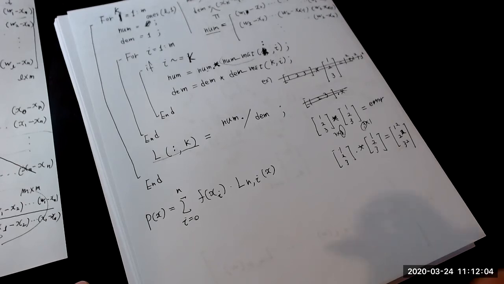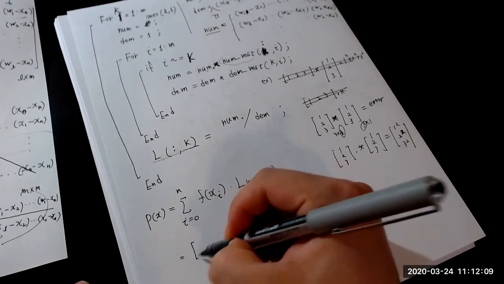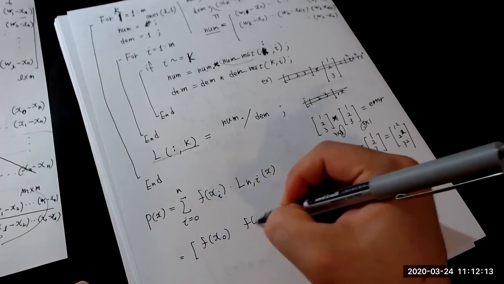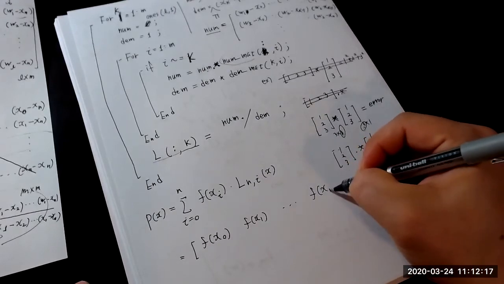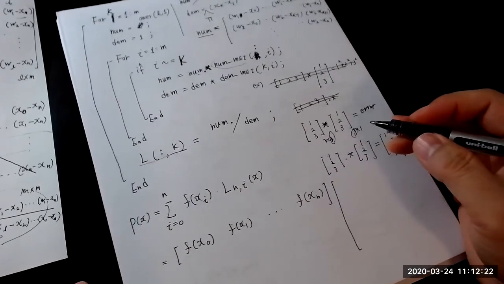So we can say this is kind of an inner product. We can consider this one as an inner product. Let's say f of x0 and then f of x1 through f of xn, times